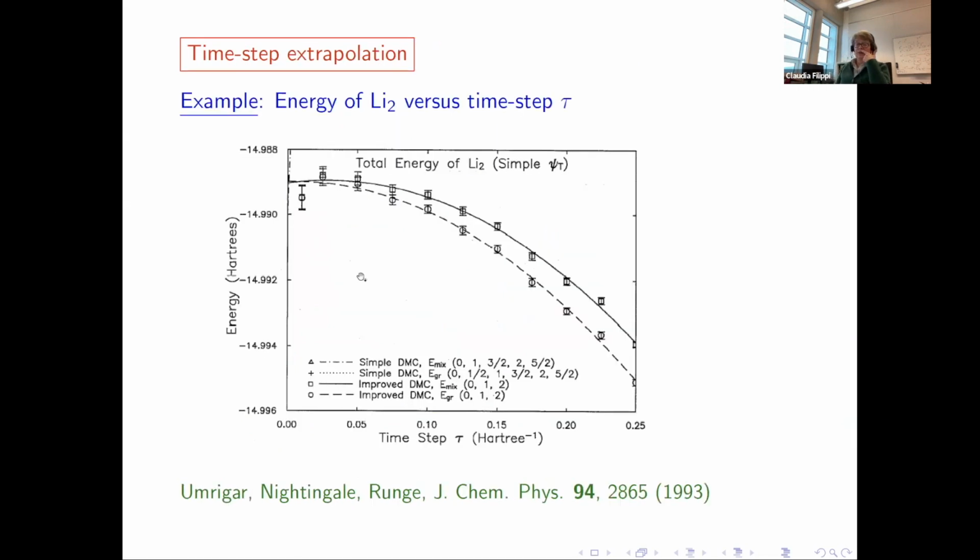But also, as I said before, you need to do a time step extrapolation. You can see that this is taken from some paper. Doesn't really matter. So you don't usually do just one calculation, but you actually do a series of calculations, and you extrapolate.